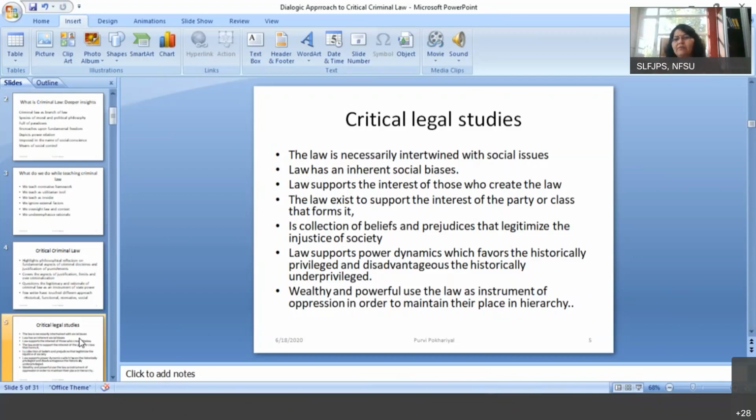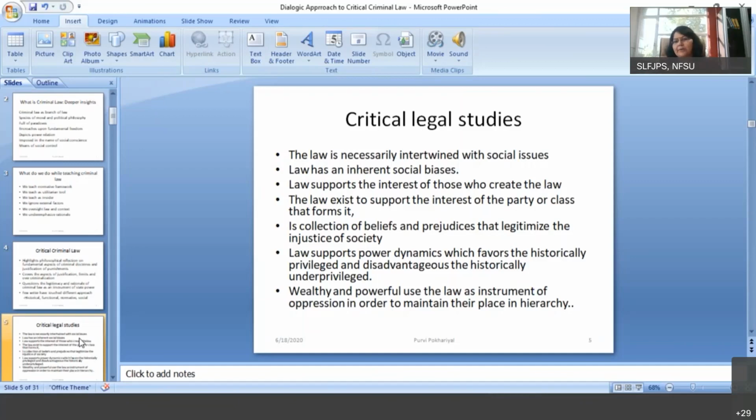And this is how we say that law supports a power dynamics which historically always favors the privileged, and always disadvantages those groups of people who are historically underprivileged. That's the reason that who makes the law, who decides the norms, who decides what is the right thing to do and what is to be considered morally wrong,